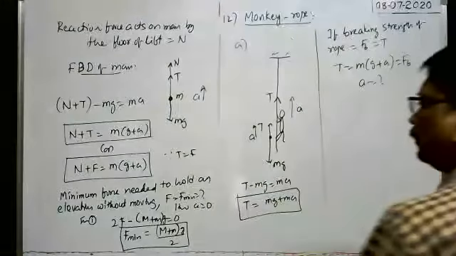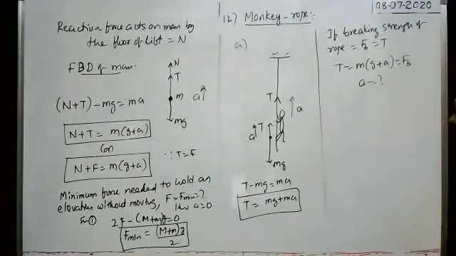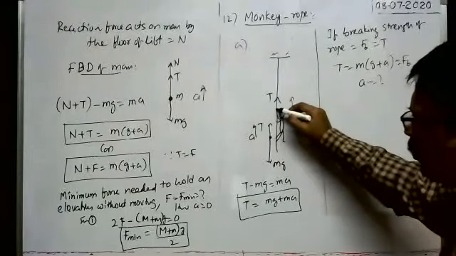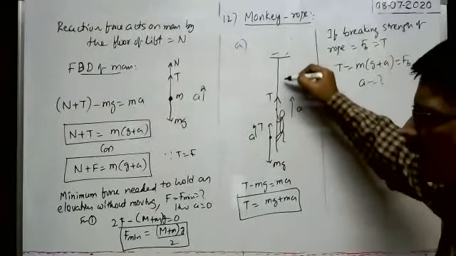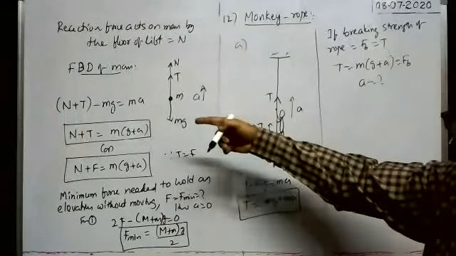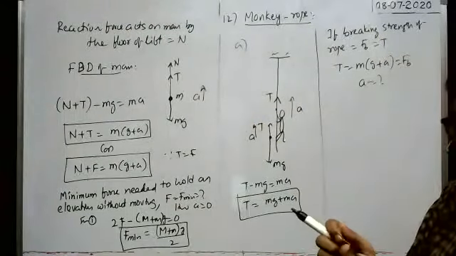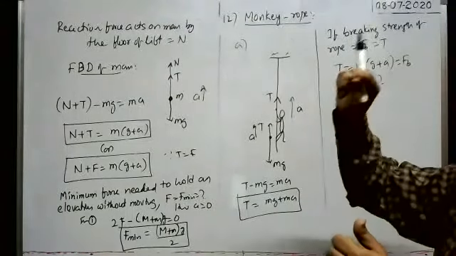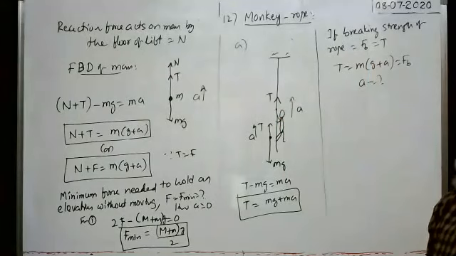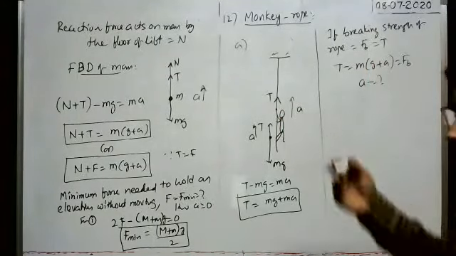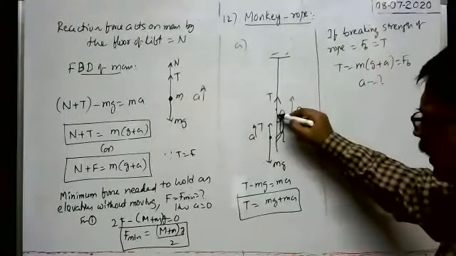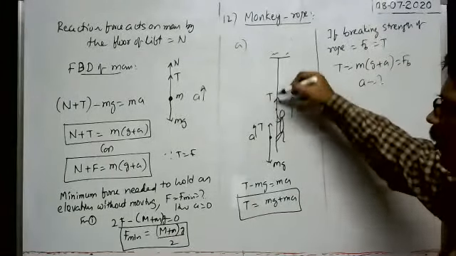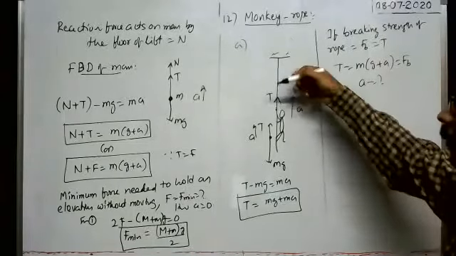Sir, the monkey applies force, pulling downwards, no sir? Yes, with whatever force the monkey pulls this downwards, an equal tension develops upwards. Same as when a man pulls the rope in an elevator: with what force the man pulls the rope, the same force the rope pulls the man upwards, which is equal to tension, no? Okay. Same concept here also. Definitely the monkey has to pull the rope in the downward direction with certain force. Yeah, the same amount of tension is developed in this string in the upward direction.